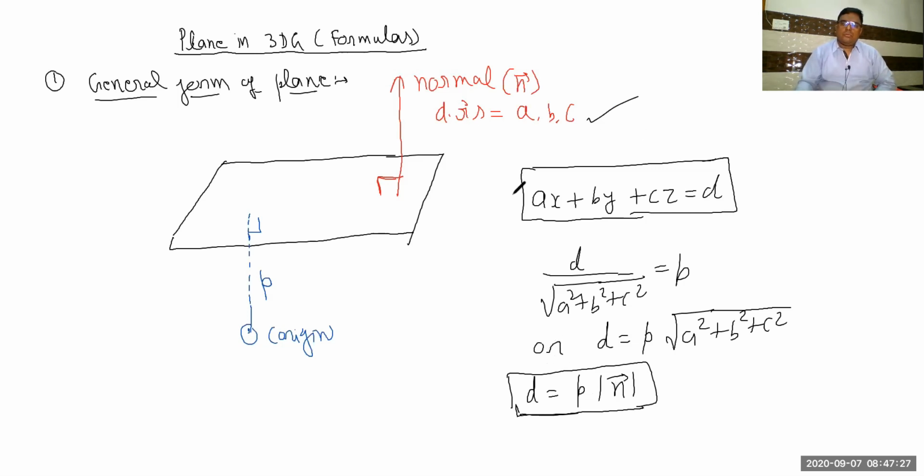So here I have told you the general form of plane, and this general form of plane is in vector format, vector type equation. Sorry, it is Cartesian type equation. Cartesian type means when we use x, y and z in the equation, then it becomes Cartesian type. And if r vector comes in the equation, then it is called vector type equation. Now, next we will take vector type equation.